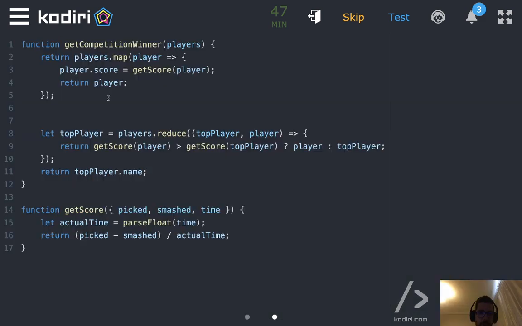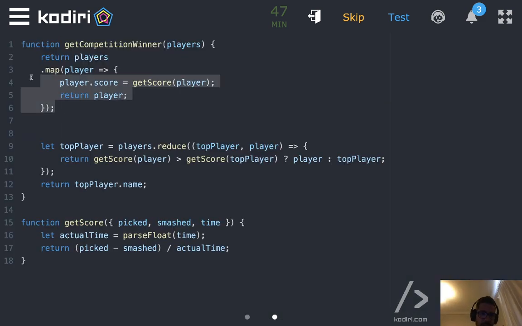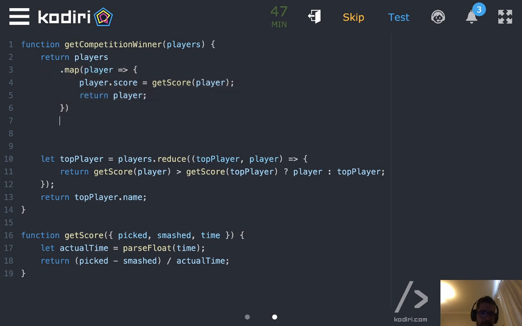Once I've got that, then I can use sort, as you said, sort player A, player B. So then, guys, do you remember how to sort an array of objects? If I want to sort the array descendantly, how will I do it? That's interesting.